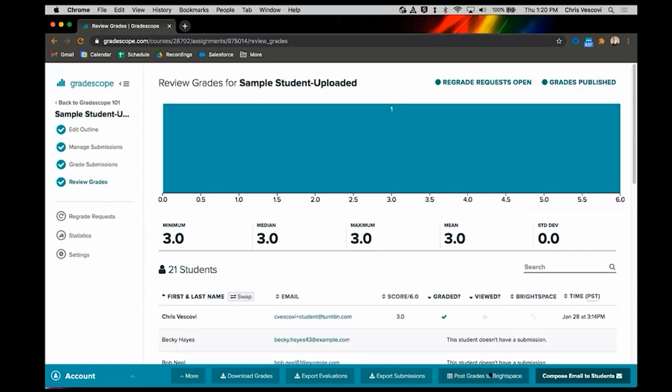And then down here, post grades, and again, yours will say to Canvas. When you click that, that's what's going to send the number grades that have landed in Gradescope over to the grade column associated with this assignment on the Canvas side. So 2 parts. All right, so now that I've published my feedback to students,